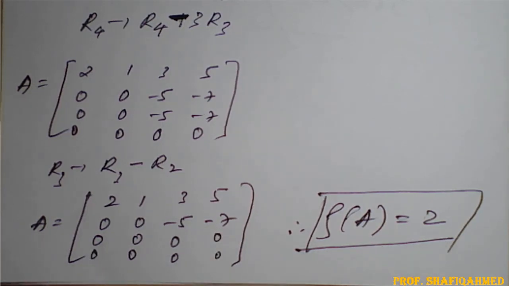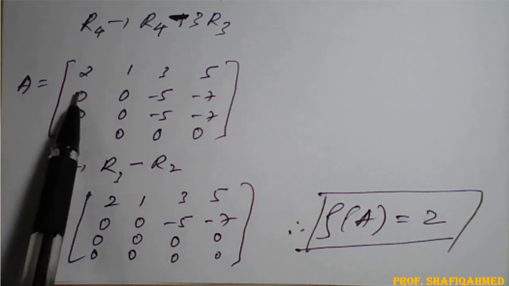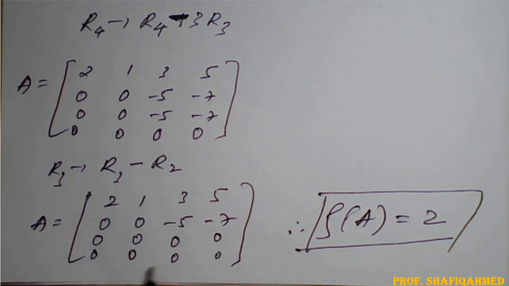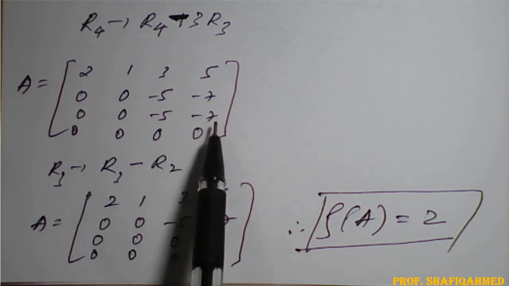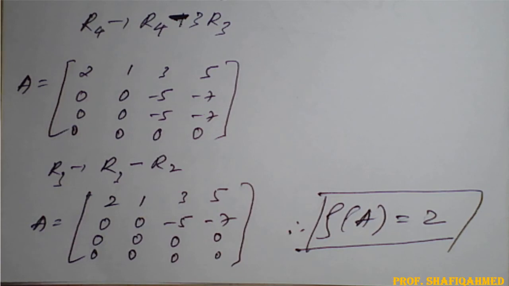so therefore rank of the matrix is 2. So in this way we need to find a rank of the given matrix using echelon form. So we have converted first, this is the echelon form, then we have again subtracted these two rows possible to make 0. So therefore in this way we need to conclude a problem here.